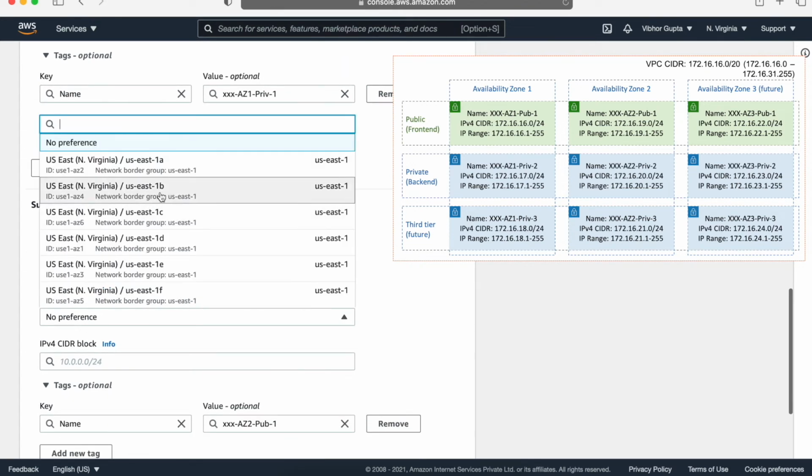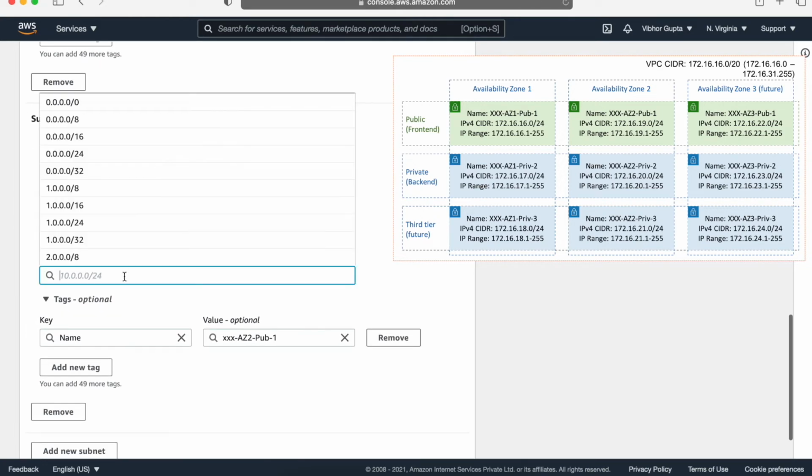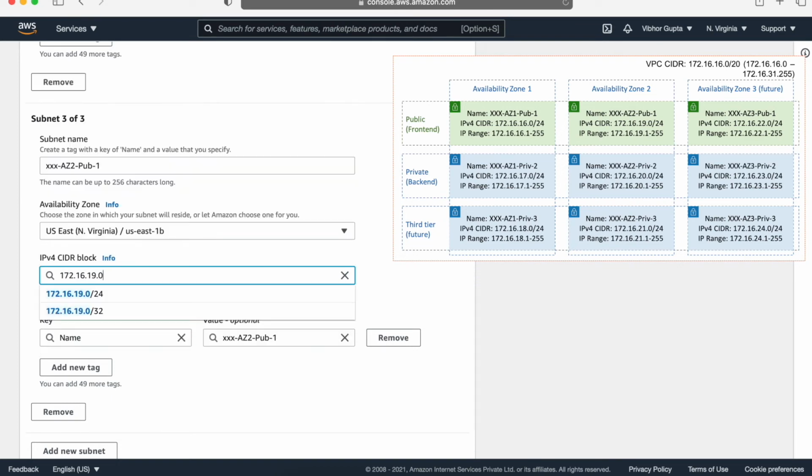Preference is availability zone 2, that is US East 1B. And the IP that we are going to choose is 172.16.19.0/24. So we are basically not choosing 172.16.18.0. The reason is that that is reserved for future use as per our architecture.